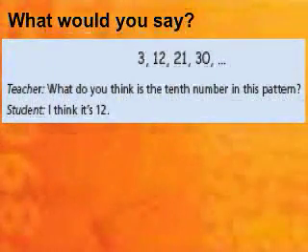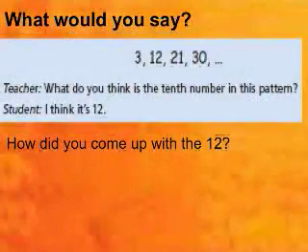Here's another example. We have a pattern there for you to look at. It starts with 3, 12, 21, and 30. And I'm betting that most of you who are looking at that, because we're all math teachers, are thinking, hey, that's obvious, you're adding 9 every time. And this kid says, after you ask them what the 10th number in the pattern is, that I think it's 12. And you're sitting there mentally scratching your head, like, why would they say 12 when what you're supposed to be doing is adding 9? But instead of being negative about it, you say, so how did you come up with the 12?